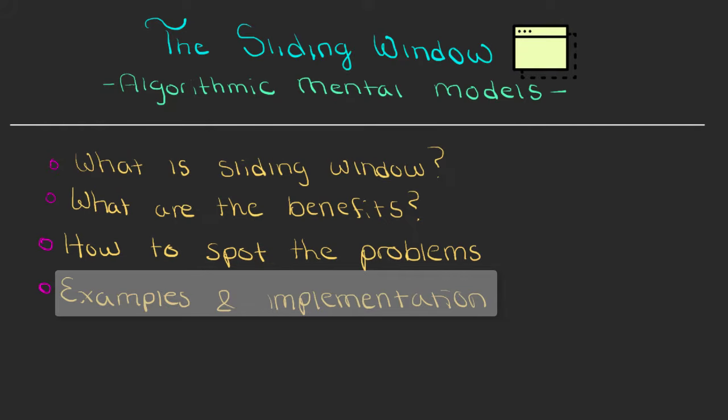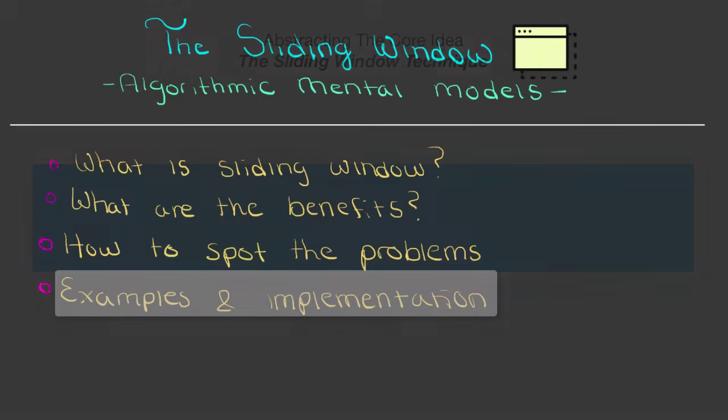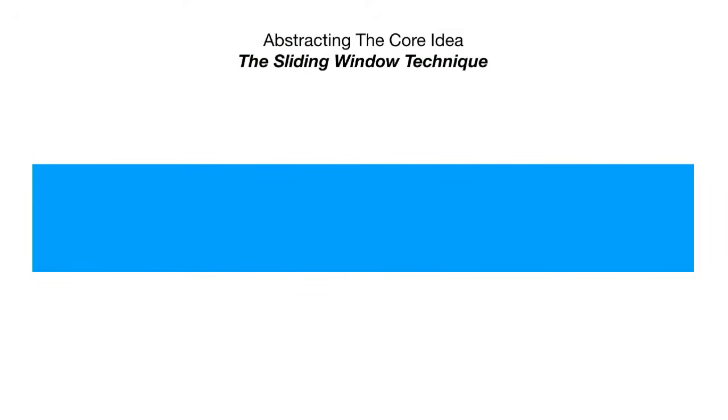So before we dive any further, let's talk about what sliding window actually is. The best way to understand sliding window from the highest, most abstract level possible is to imagine two shapes. The first shape is going to be the rectangle that you see on the screen, and this rectangle could represent an array, it could represent a linked list, it could represent really any arbitrary buffer of data that contains sequences of data that are contiguous or adjacent to one another. So the best way that you can imagine this is maybe an array of characters or an array of integer values. And what we do is we basically slap a window at some subset of this array,